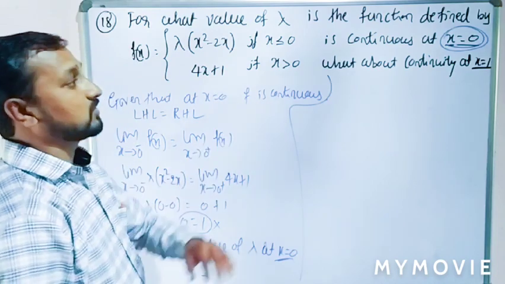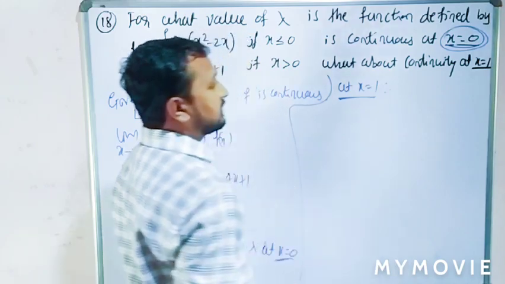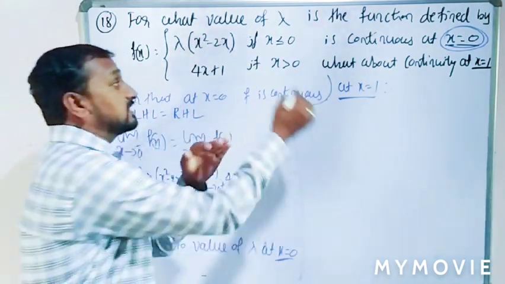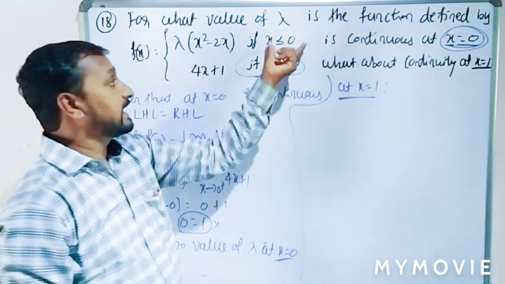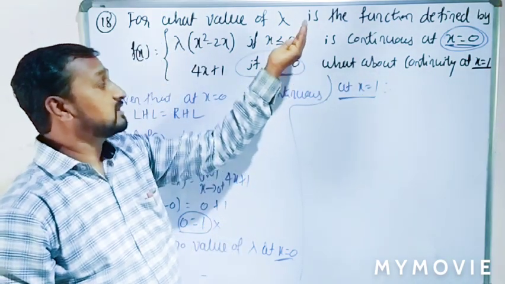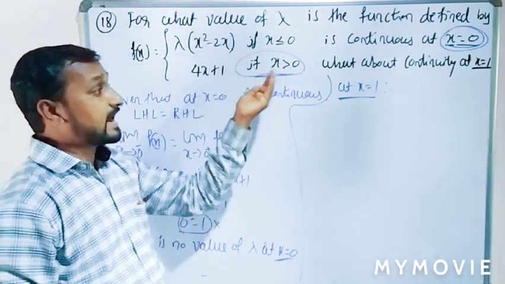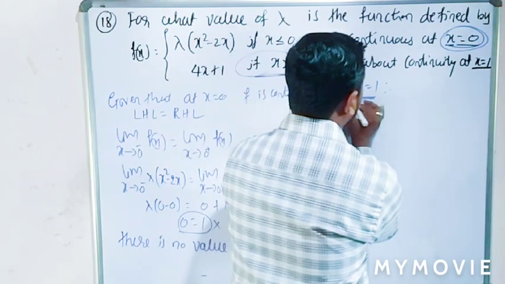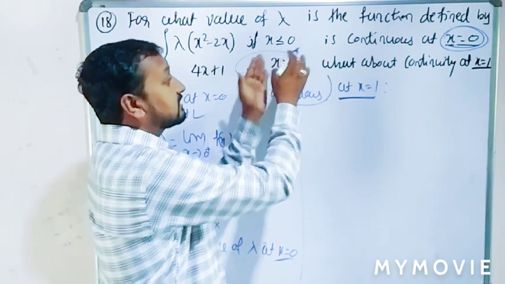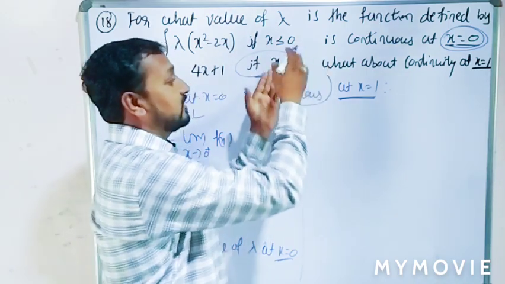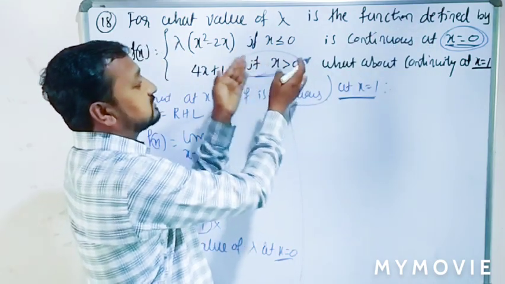And next, at x equal to 1. At x equal to 1 the condition should lie in these conditions only. Here x less than or equal to 0 is minus 1, minus 2, up to minus infinity. At x equal to 1, the point is coming in this condition only, that is x greater than 0, where the value of x should be 1, 2, 3, and so on. At x equal to 1 it lies in this condition.